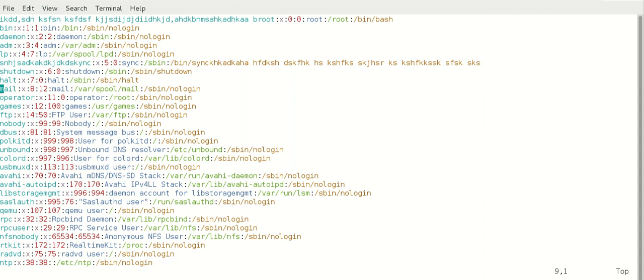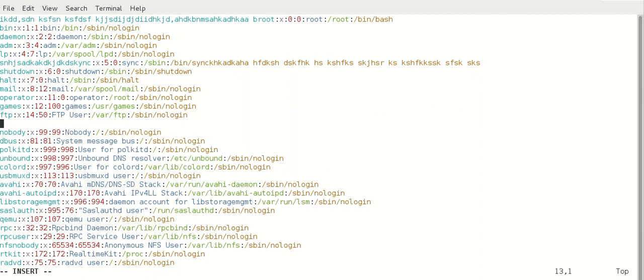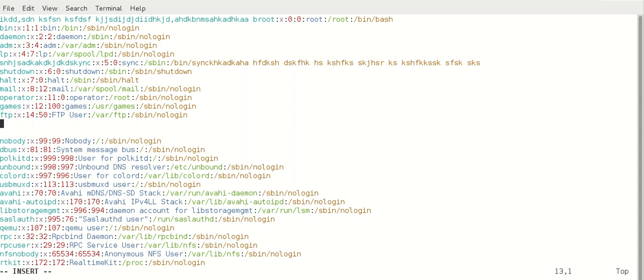In command mode the cursor moves with the commands. Now we are in command mode. Here my cursor is at the FTP position. Now if I press small o, the cursor has moved to the line below, and a new line will be created. Okay, we can start to add.